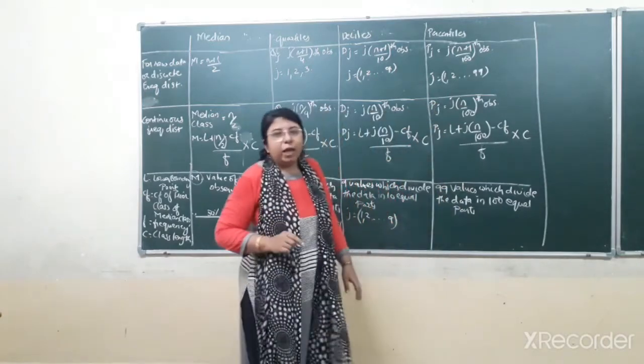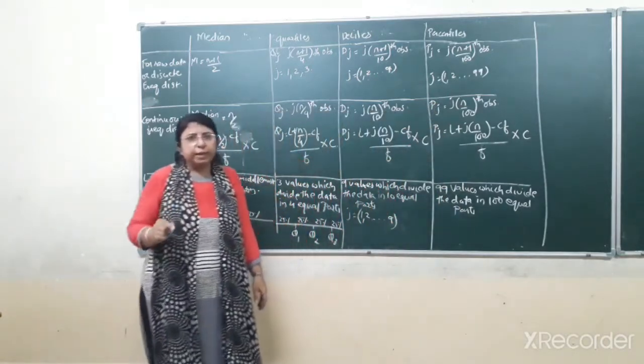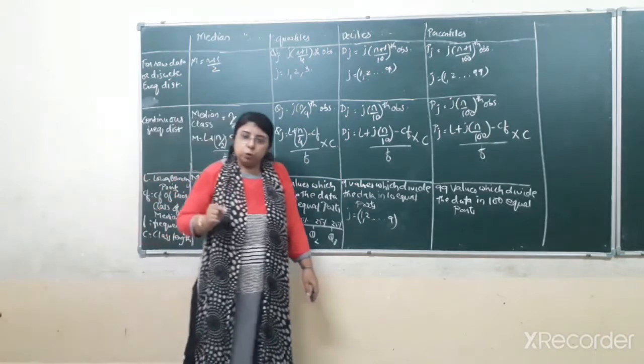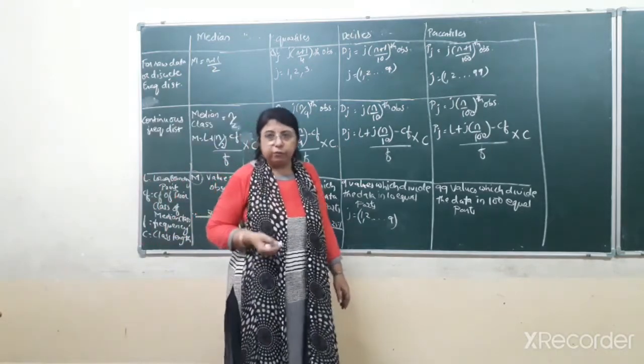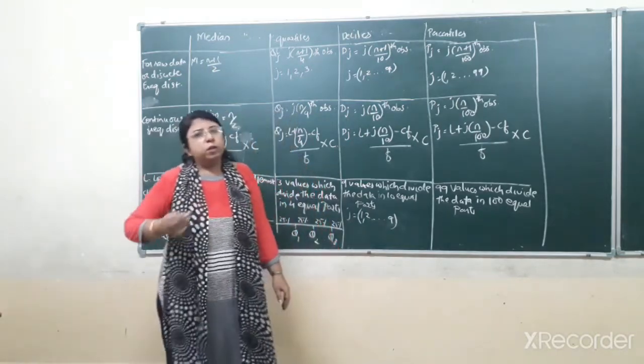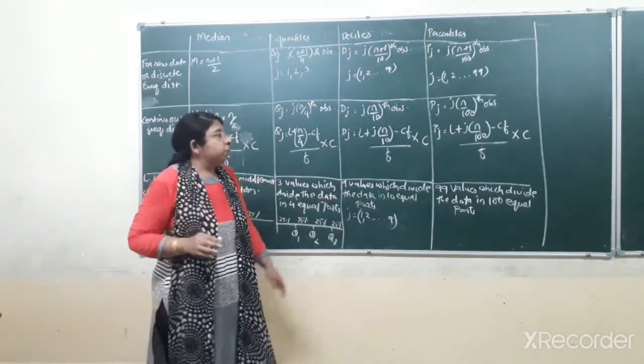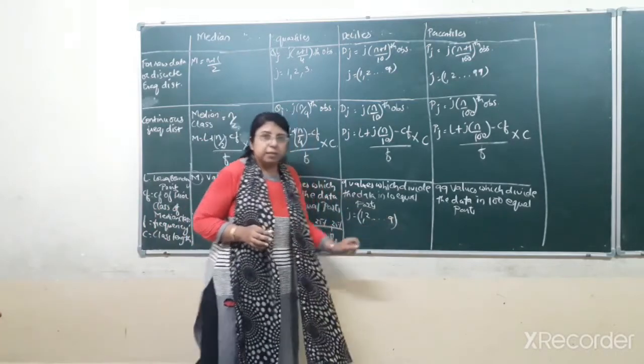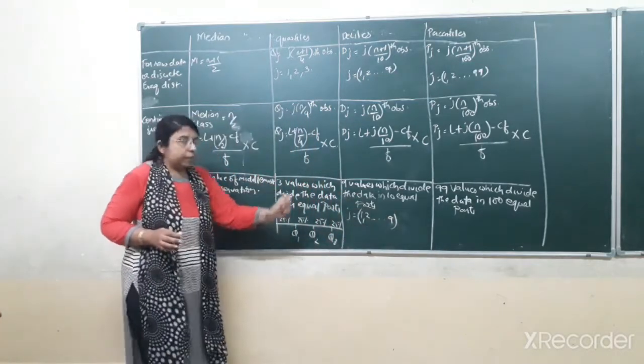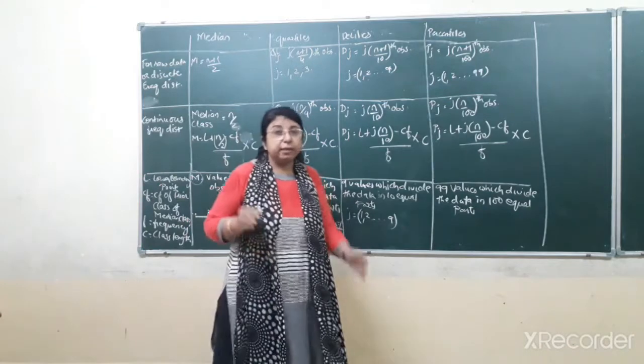Any of the values can be asked in the question, that is, to find P35, P40, P42, any value up to 99. Okay, so now after understanding the basic concept of what is median, quartiles, deciles and percentiles, let us understand